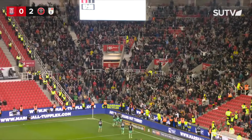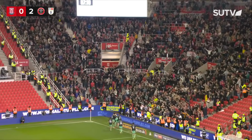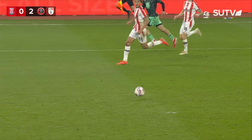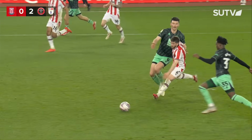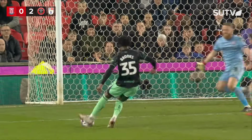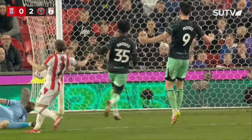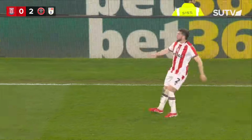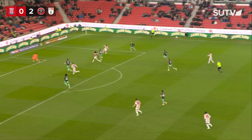Fabulous build-up play from halfway. Sidney Peck did the damage, and what a way to make an entrance as you stand in front of the travelling Sheffield United fans to celebrate. Andre Brooks, the local lad, scores his third of the season, and that's it. Stoke 0, Blades 2. Now Stoke looking for avenues to maybe get a late salvo here in the final minute